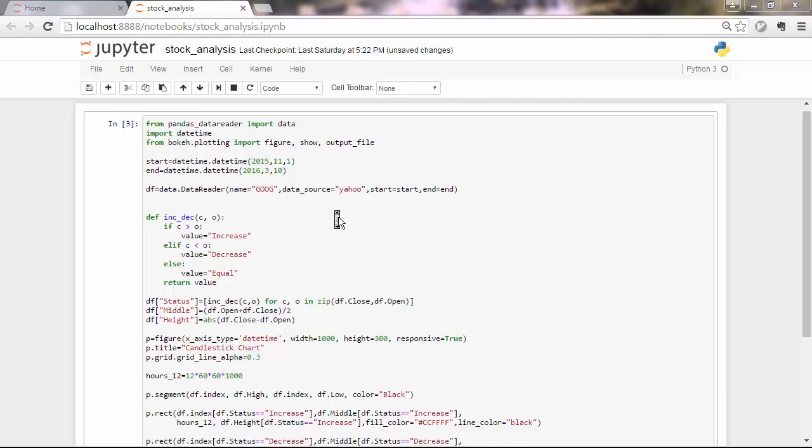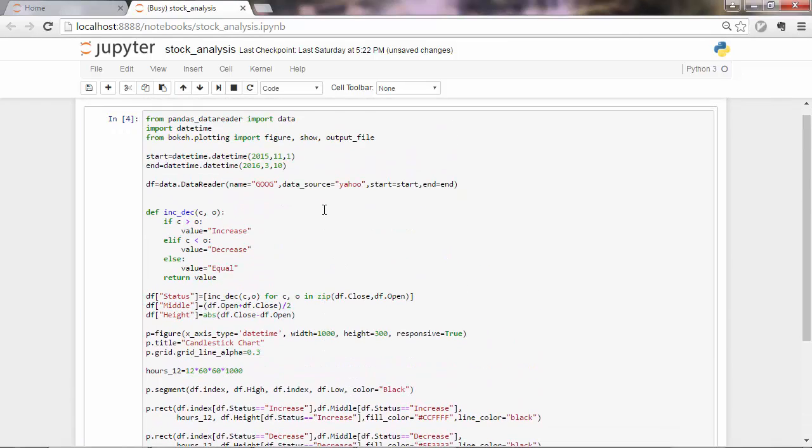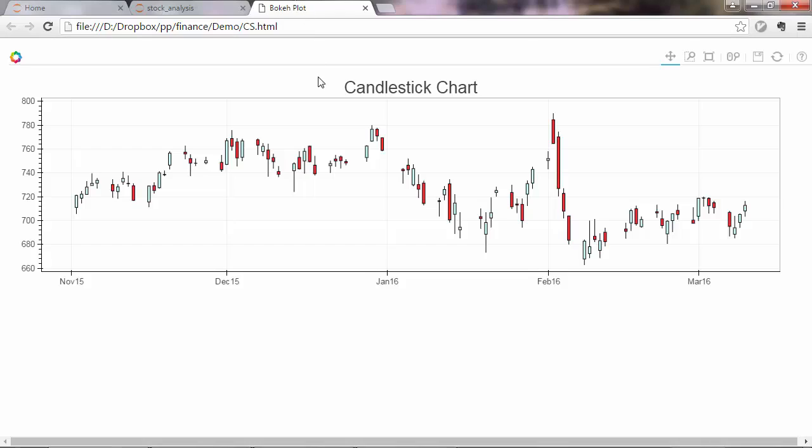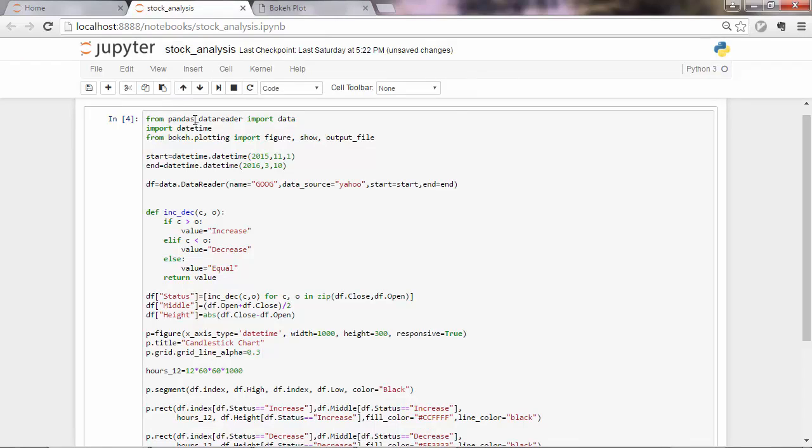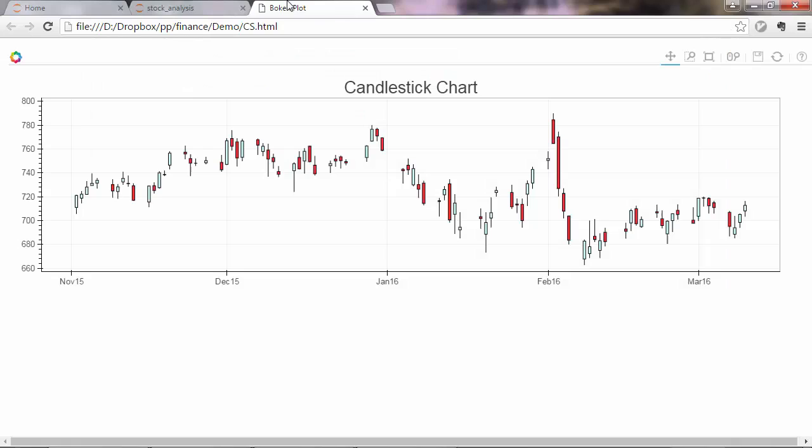Hey, hello again. So we were able to build this bokeh chart, which is a candlestick chart, and we were able to get data from the Pandas Data Reader library. And so the final product is an HTML file. Now, if this output is enough for you,